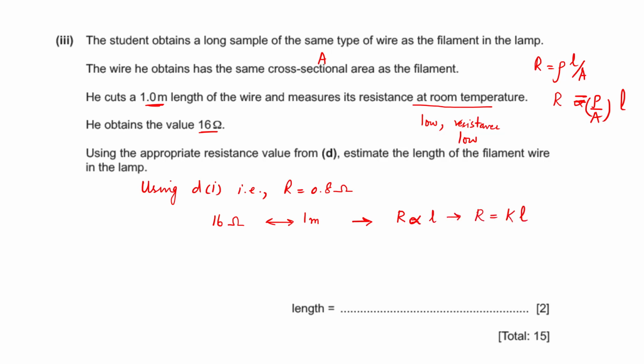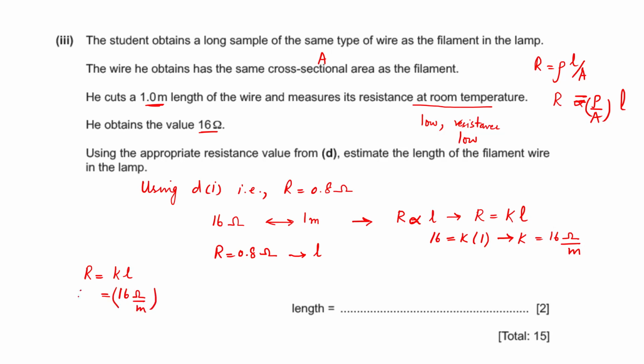So from here we can find this proportionality constant K. Resistance is 16, length is 1, so K becomes 16 ohms per meter. Now for the filament, the resistance is 0.8 ohms. We have to find the length of the filament. So now use again R equals K times L. K we have calculated as 16 ohms per meter,